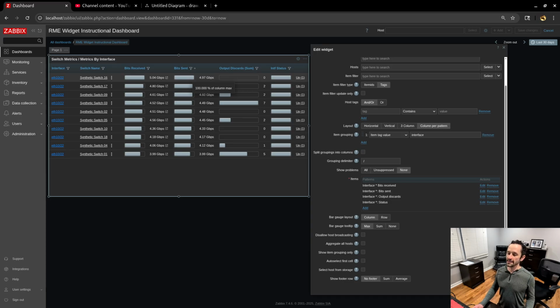But one of the things that I really like, and I think a lot of people always ask the question, is: what percentage of this is that? What percentage of X is Y? So it's actually a really nice feature. Looking at all of these interfaces, our bottom interface is 3.99 gigabits per second, but how much percentage is that of the max? Well, I don't know. I would have to take out a calculator and plug in some numbers. It's not going to take you that long, maybe 30 seconds to figure out the value, but